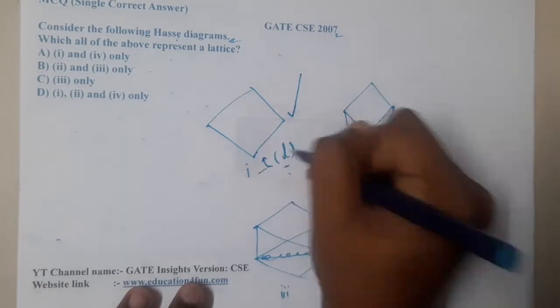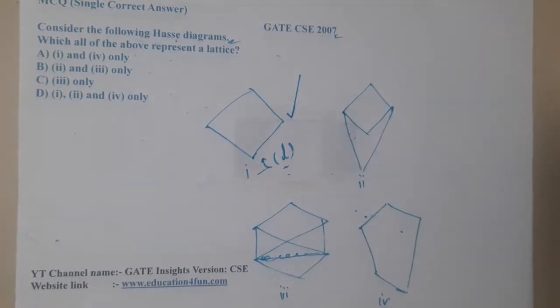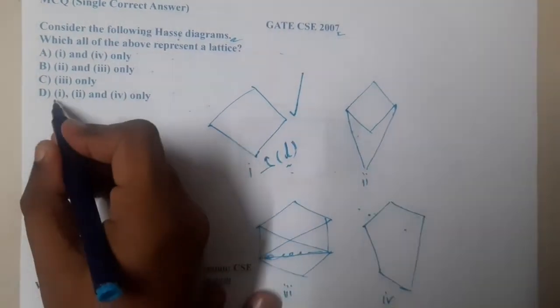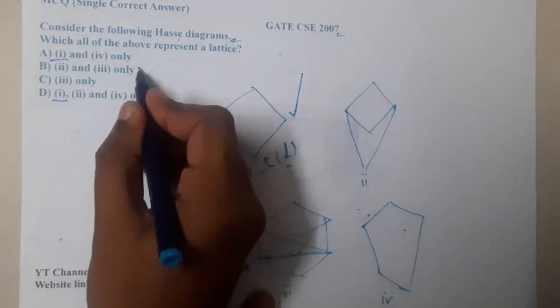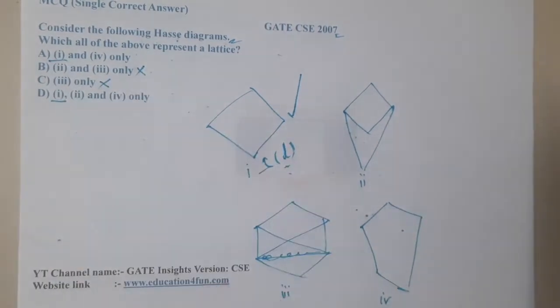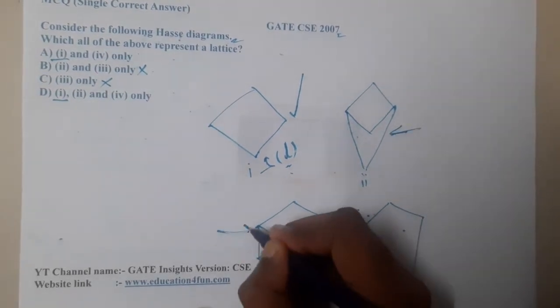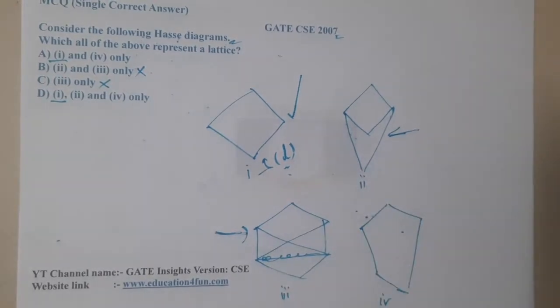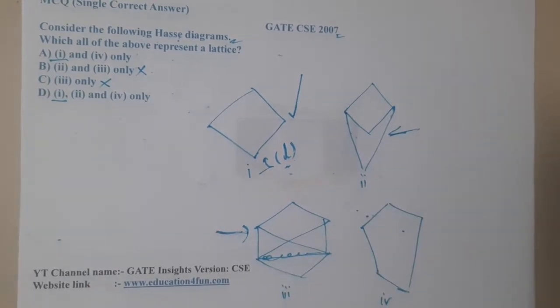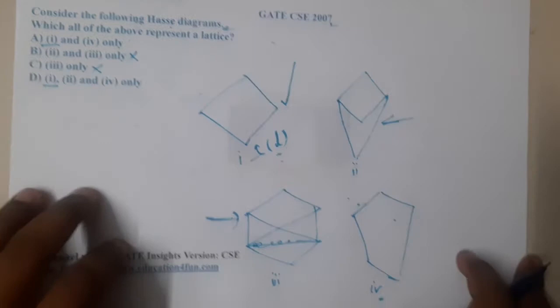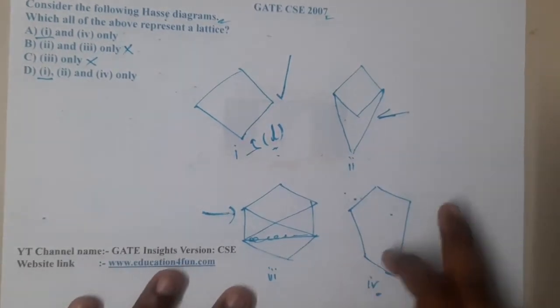This is an example which we have solved in our classwork also. With that understanding, we can eliminate two options directly from here. Similarly, when it comes to this and this, both of these have some problems in them. And one more thing is the fourth one is almost similar.